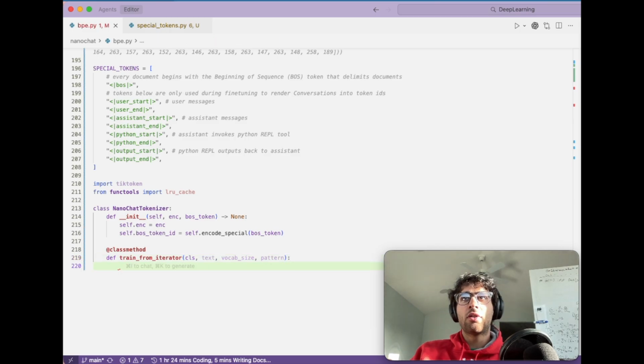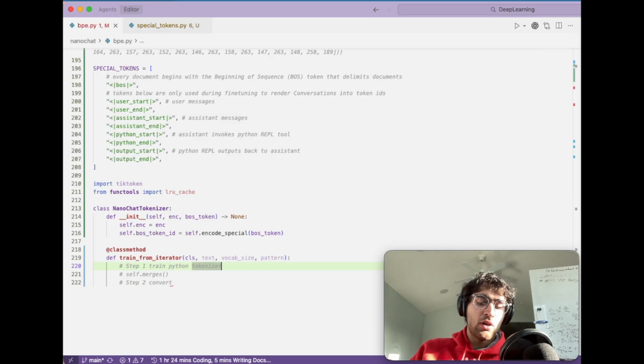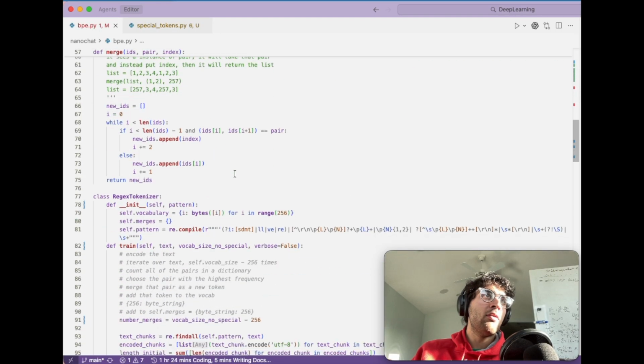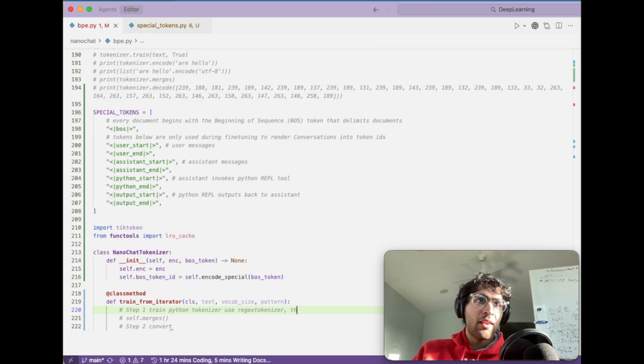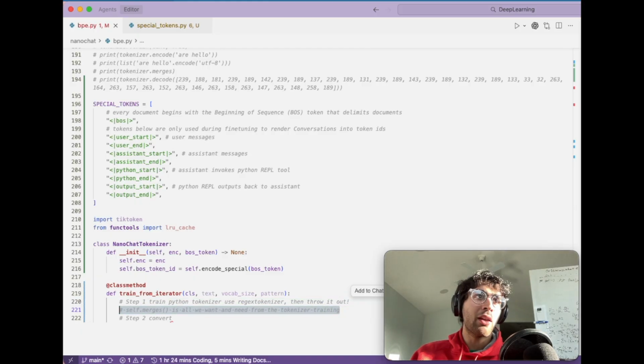And let's do the pseudocode. So first step is to train a Python tokenizer. And this is where Karpathy's repository trains a Rust tokenizer. So we're not doing that, as we already know. And then once we do this, we will convert. So all we really want here is self.merges. It's funny, we're going to use the regex tokenizer that we have here to train it and then throw it out. And why do I say throw it out? It's because self.merges is all we want and need from the tokenizer training. And everything else about the tokenizer, which is really just a vocab, like that's really all you get when you train a tokenizer, is discarded. So the object is discarded essentially, and we take these self.merges,